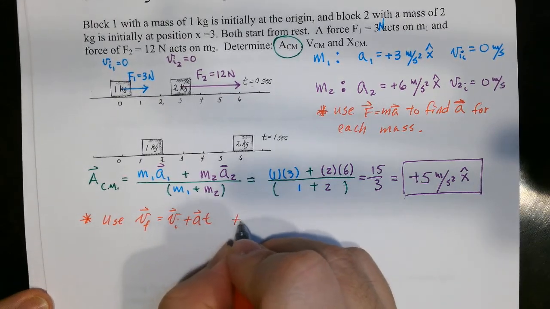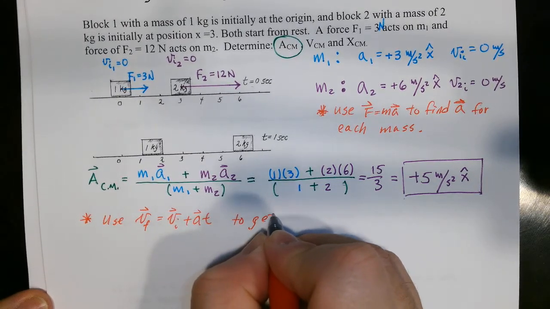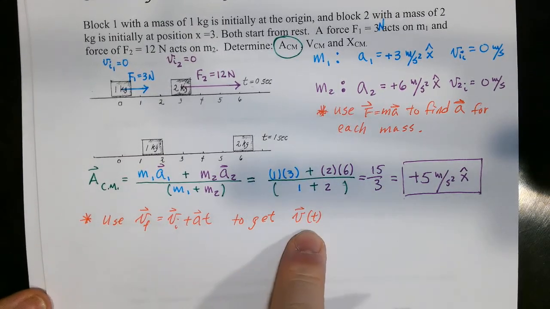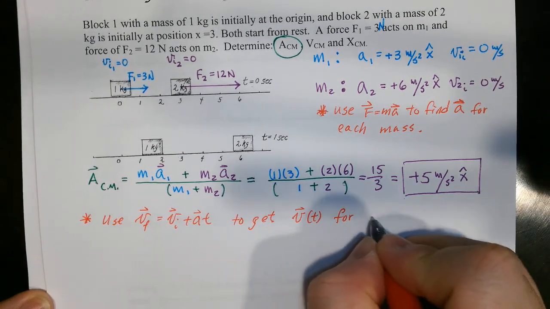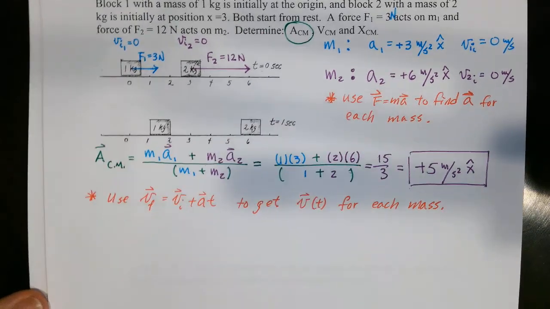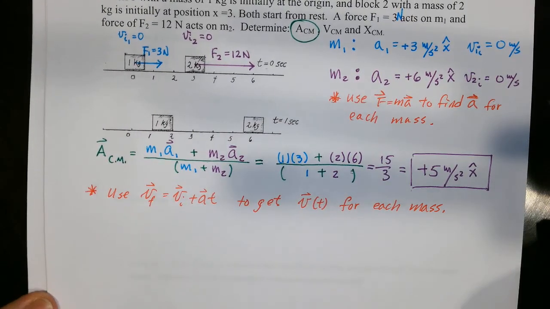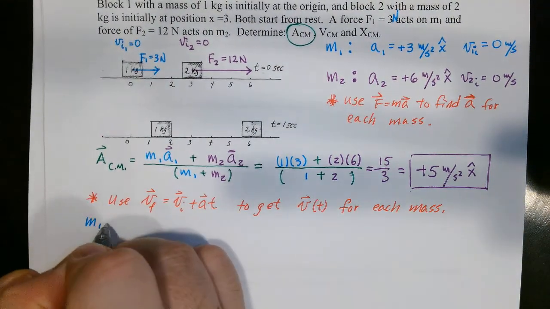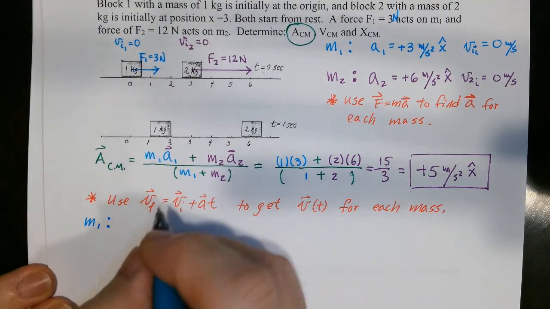To get V of t, the equation with respect to time, for each mass. Okay? Therefore, for M1, right, we have